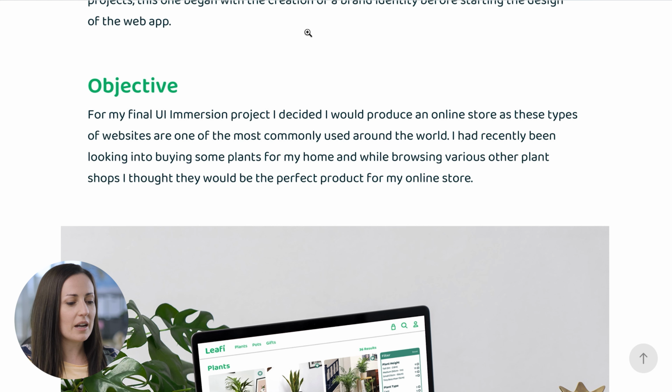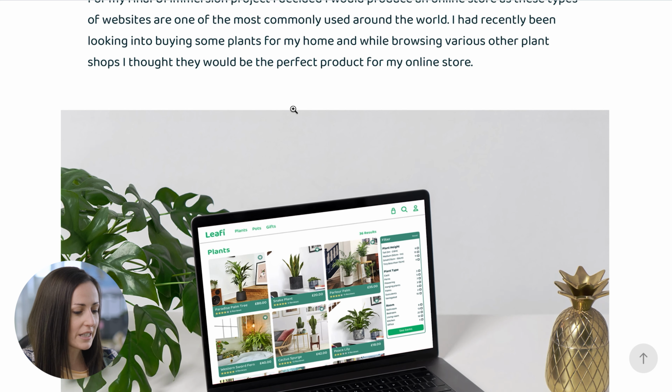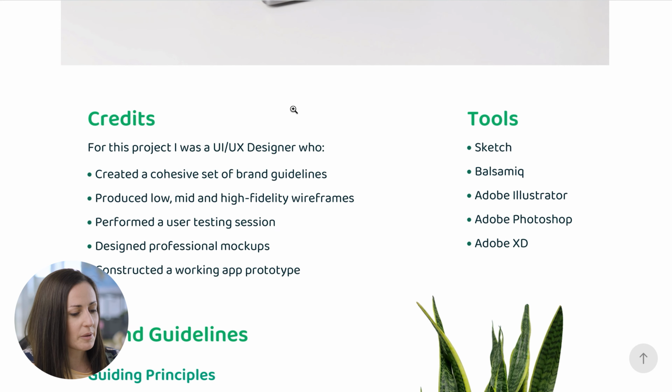So in this objective, I would love to see more words that talk about why this project was relevant and interesting for people in the real world rather than just the person writing their portfolio. So that would be my one main call out and key point here. Let's scan through a bit more of the rest of the